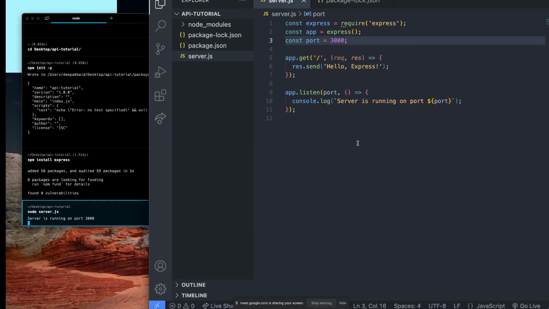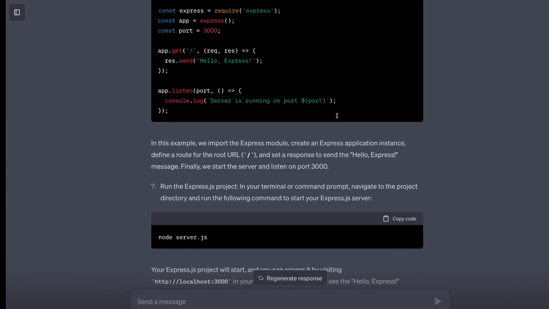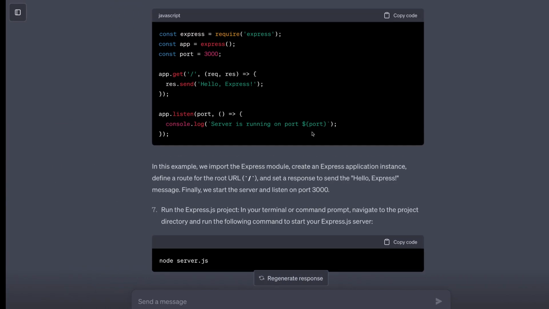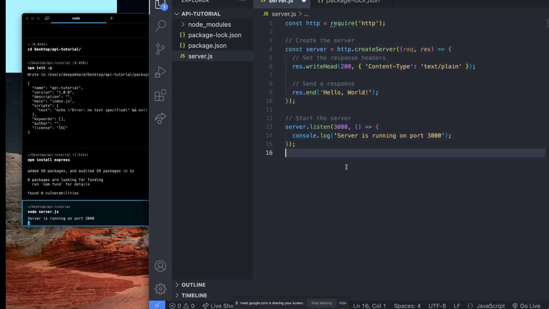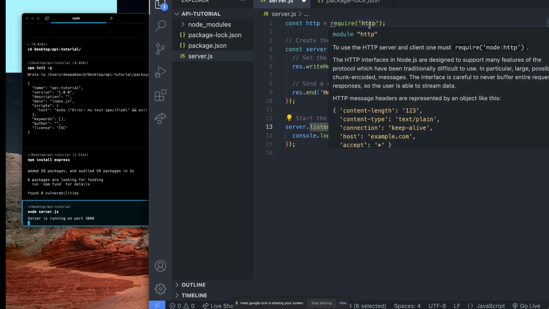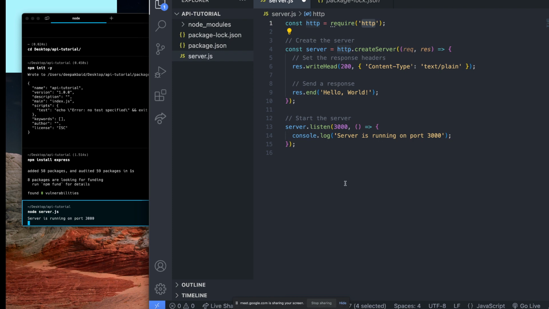Quite similar. I do have one question. What was the earlier code doing? It was the same thing, very similar. But how is it different now? Was the earlier one using the Express framework? No, not like that. Node by default has the HTTP module. So previously we were using the HTTP module, and this time we are